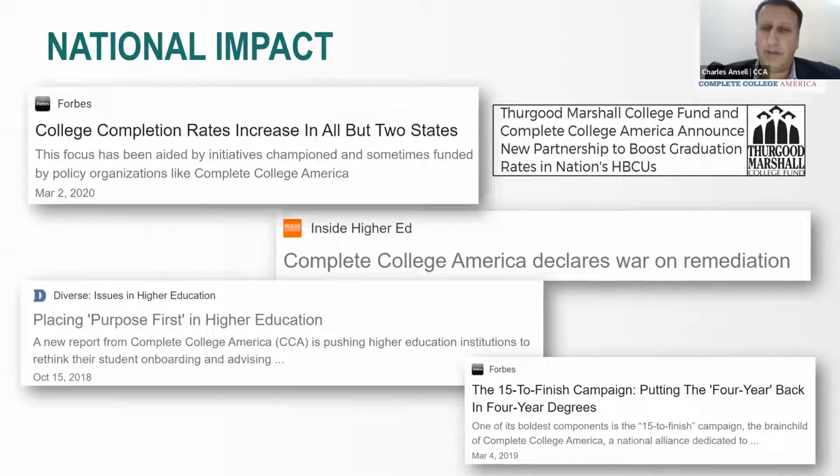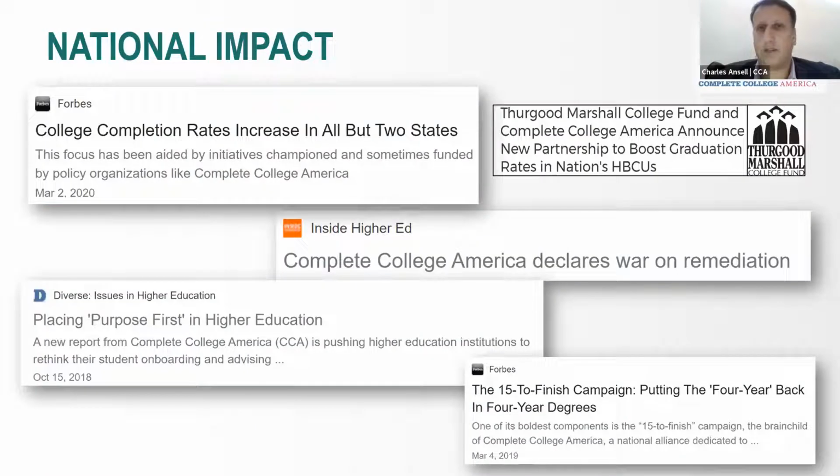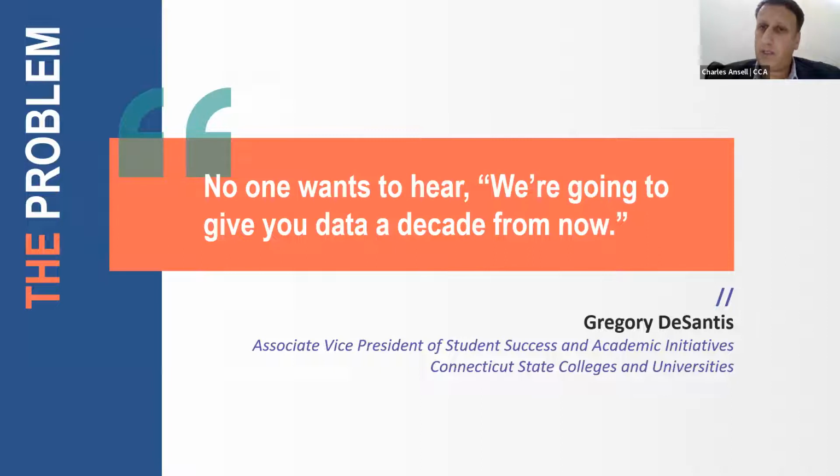And we've been in the news a lot for this. Frankly, I think we need to update this slide because a lot of our work, in particular with HBCUs and elsewhere, coming out through and after the pandemic period, continues to drive the reform efforts that have been making these types of changes only accelerate across the country. So getting to